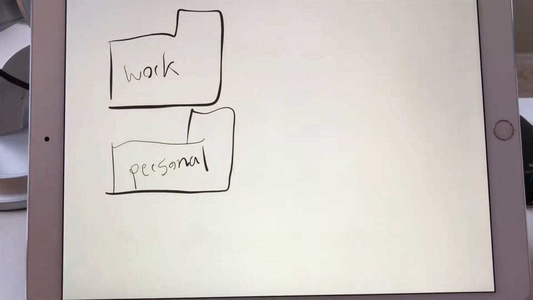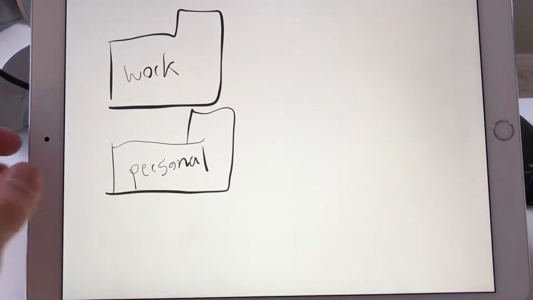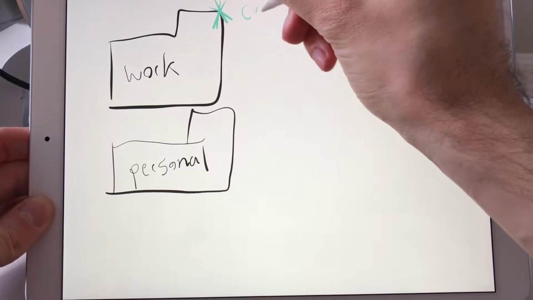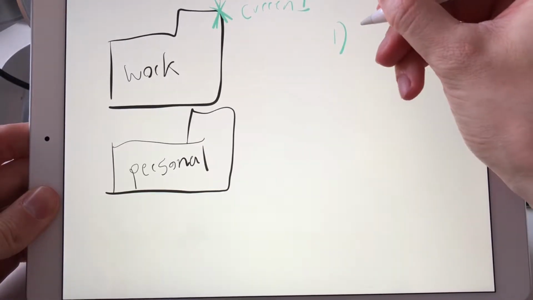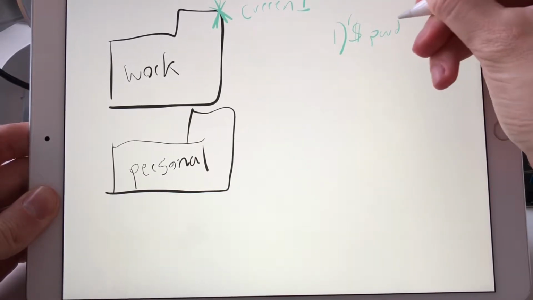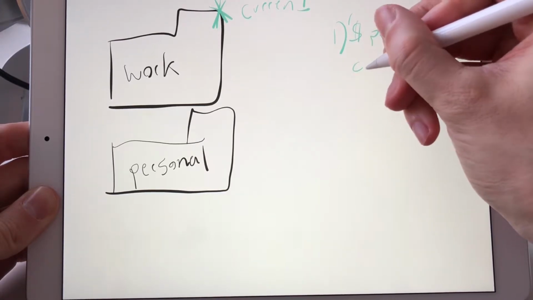We want to get inside of personal, but we're currently inside of work. This is our current one. Our first command inside of command line, be pwd, it would have something along the lines of current